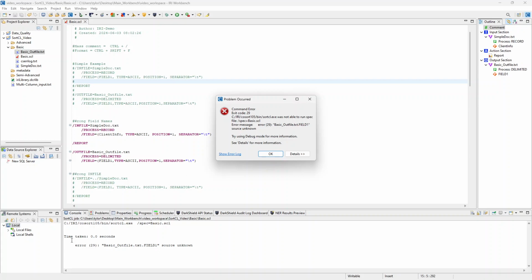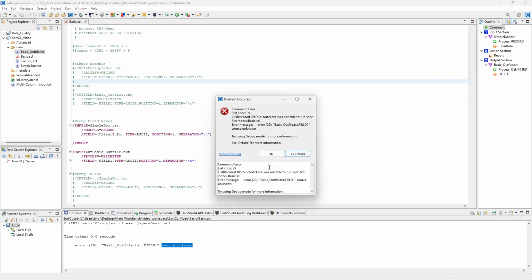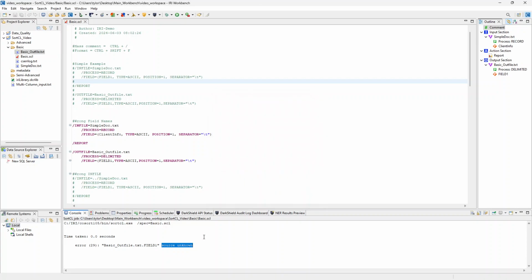Okay, so here you can see at the bottom we actually have an error. So it says basic outfile.txt.field1 source unknown. So it's very, very important to read that it's saying basic outfile.txt. So it's essentially telling us that the out file is where the problem is. And then it's going to be field 1 where the more specific problem is. And it's saying source unknown. And it will say the exact same thing here. And we'll click OK. So when we head over to the basic outfile.txt, and then we look at field 1,